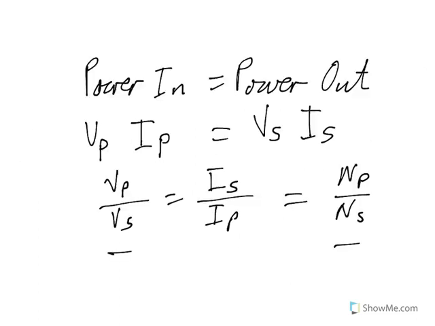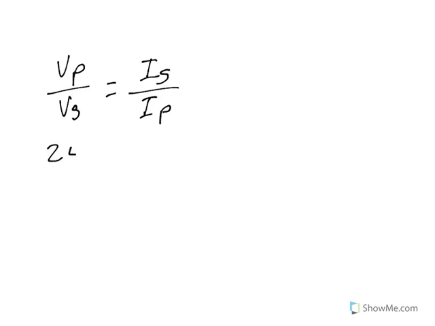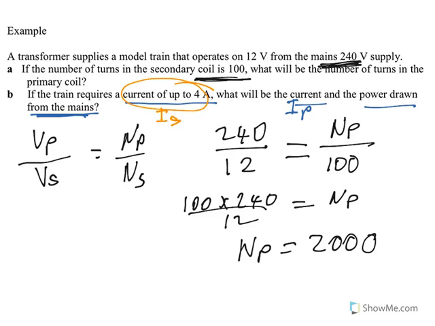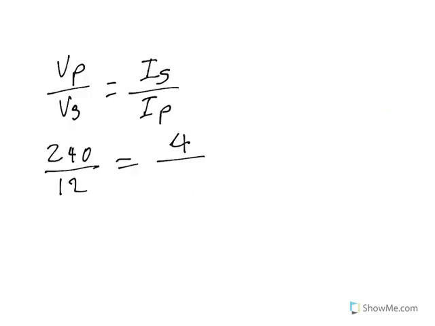So back to this. Alright, so now we could use these two if we wished. Voltage in the primary, voltage in the secondary, current in secondary, current in the primary. So let's go with that. So VP, VS, IS, IP. Alright, so voltage in the primary 240, 12, just check that. Current of up to 4 amps in the secondary, okay, so 4 over the current in